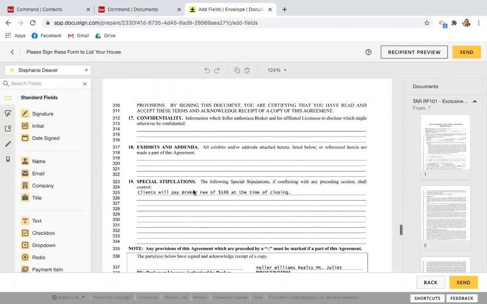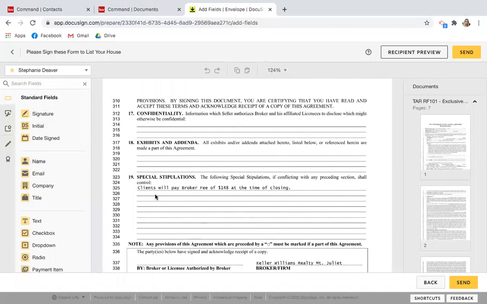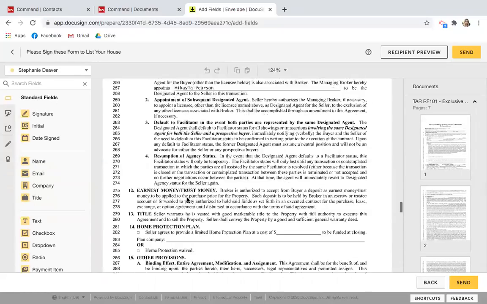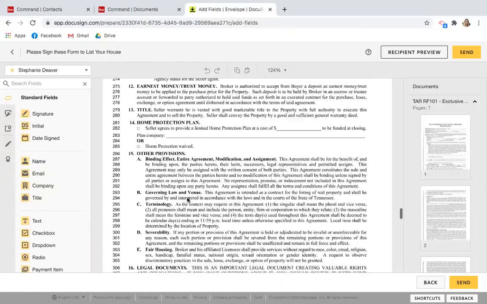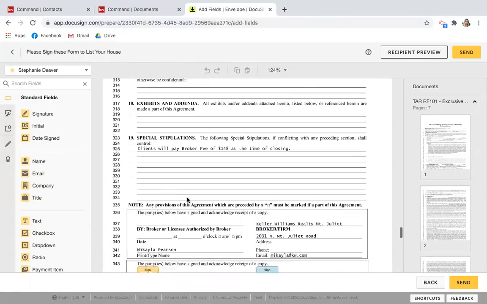Now, some people I've heard, it might be a good idea that you want people to initial next to this special stipulation so that way they're acknowledging that. So if I'm Michaela and I want both Stephanie and Tyler to be acknowledging this special stips, or if there were other things they needed to fill out in the document above,